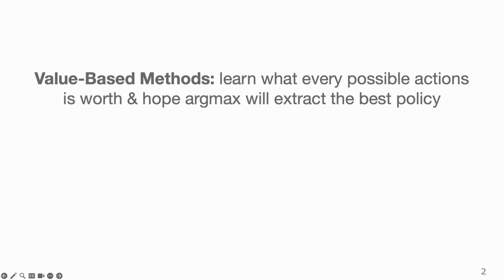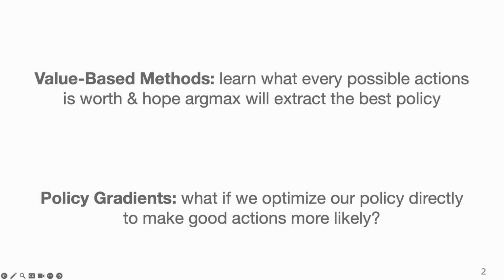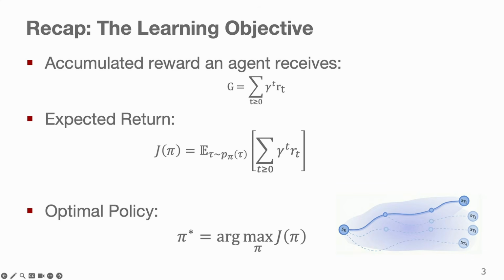So the question we're going to ask today is: what if we skip this, and instead of learning a value function and deriving a policy from it, since we care about the policy itself, why not just parameterize our policy and wiggle the weights of our neural network to produce behaviors that will achieve high reward directly? So trying to make our network produce actions that will lead to higher rewards in the future.